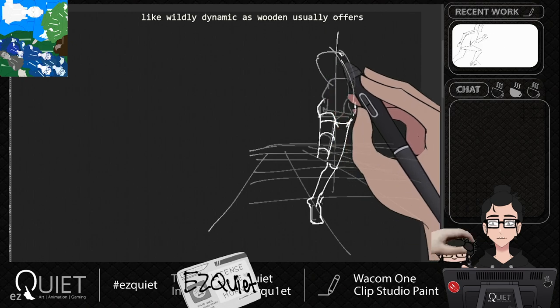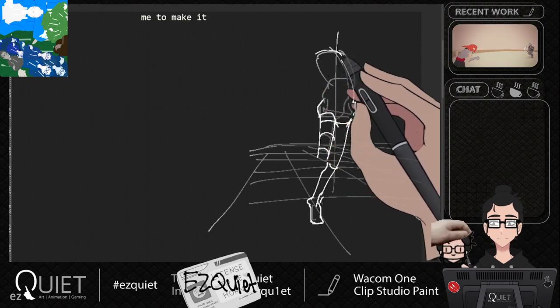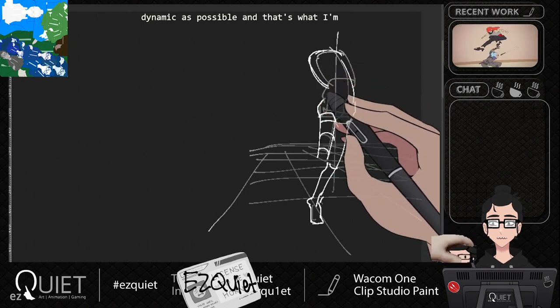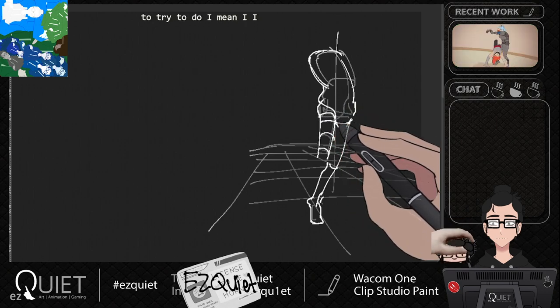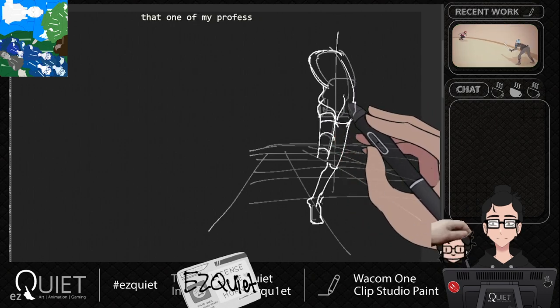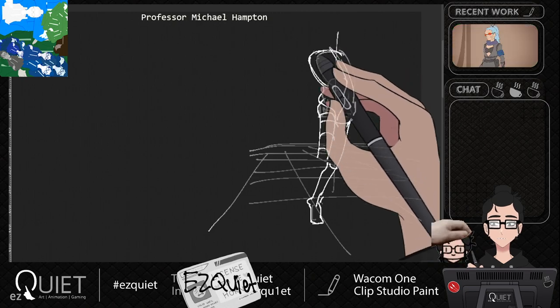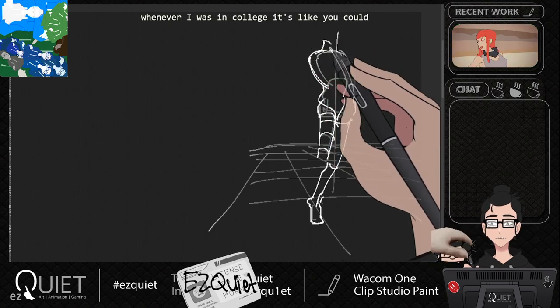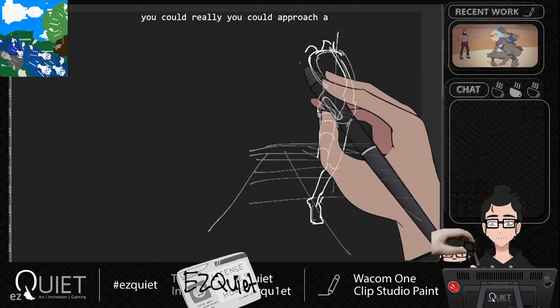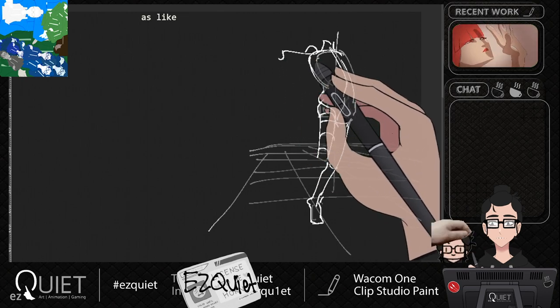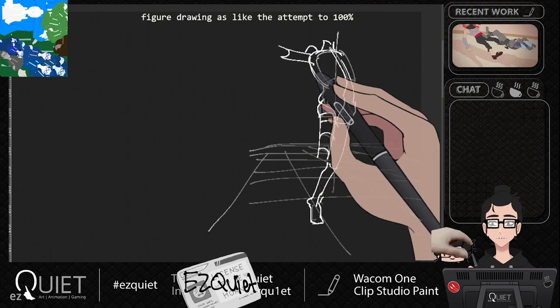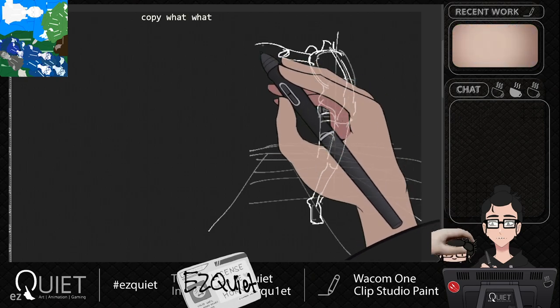But it's up to me to make it as dynamic as possible, and that's what I'm going to try to do. This is just a thing that one of my professors told me, my favorite professor, Michael Hampton, whenever I was in college. You could approach a study or figure drawing as the attempt to 100% copy what the pose is doing, or you can approach it